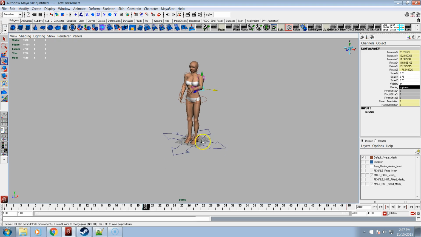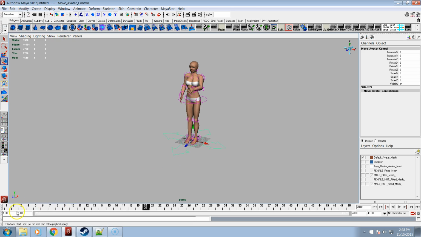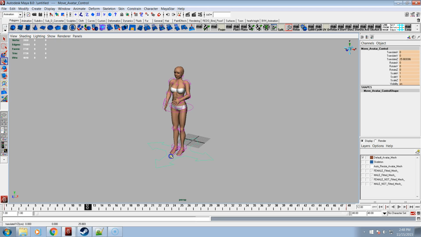And if you wanted to make her move, you would want to click these arrows down here. It gives you another controller. You want to go back to frame 1, hit the home key. Frame 48, hit the home key. On mine, it's the home key. You might have a slightly different key for keying. And then say I want to have her walk forward a little faster. We'll say frame 12. I'll move it forward. And now she's moved forward. And now when we play it,